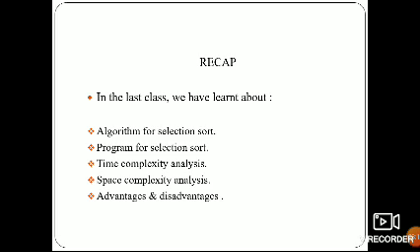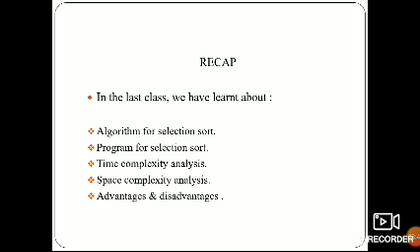Coming to the time complexity, in all 3 cases we have big O of n square, because we use 2 nested for loops. The space complexity of selection sort is O of 1.